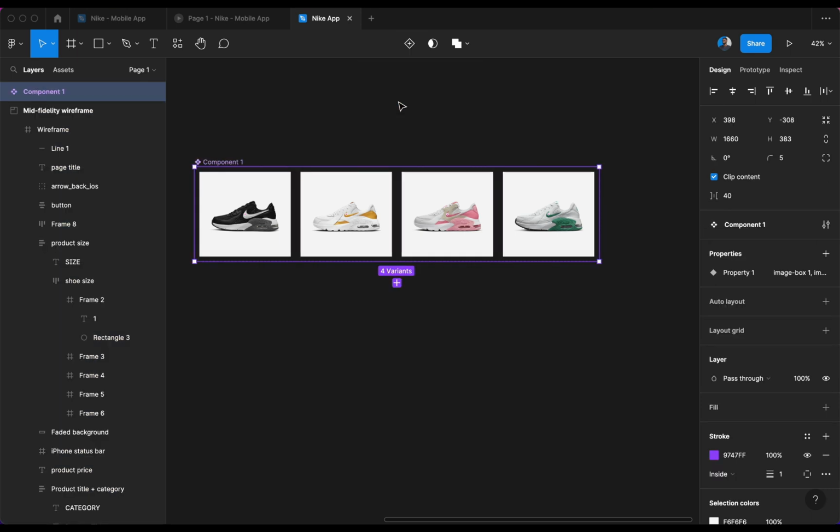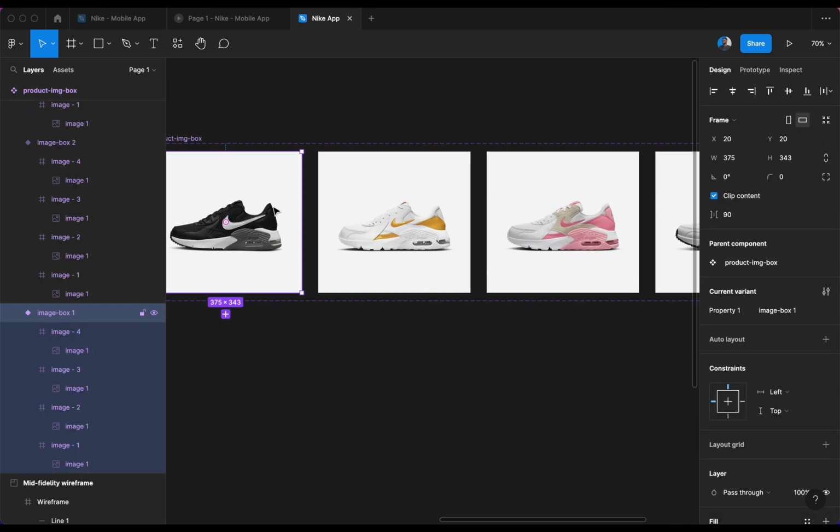Now once I do that, it's going to create this as a component. I can give this a title. I'm going to call this product image box, right? Great. Now next I'm going to add my interactive animation, or just make it a little bit interactive,